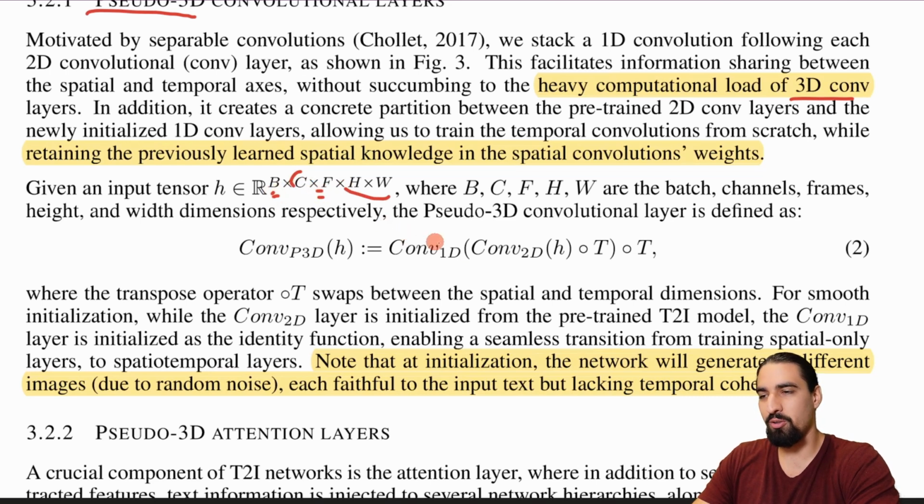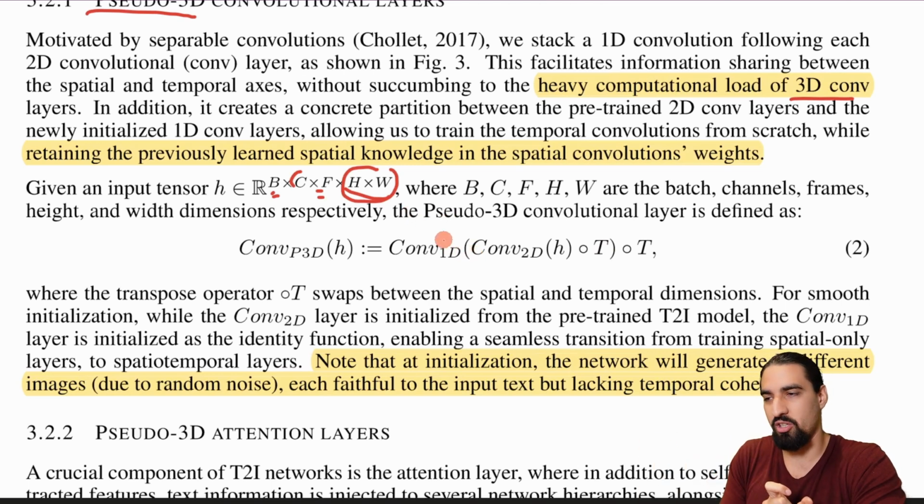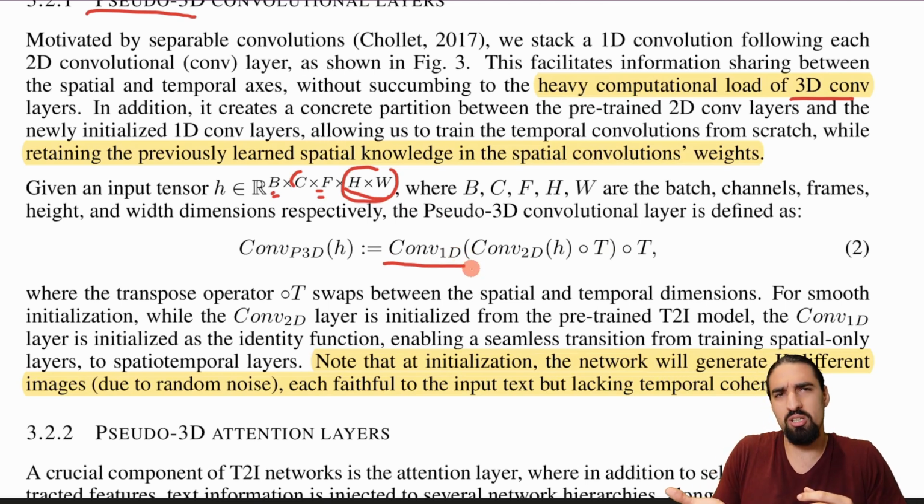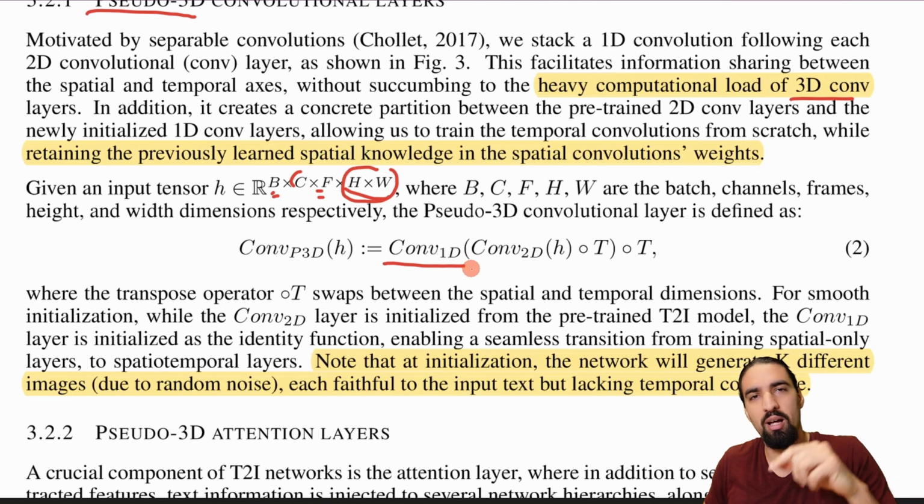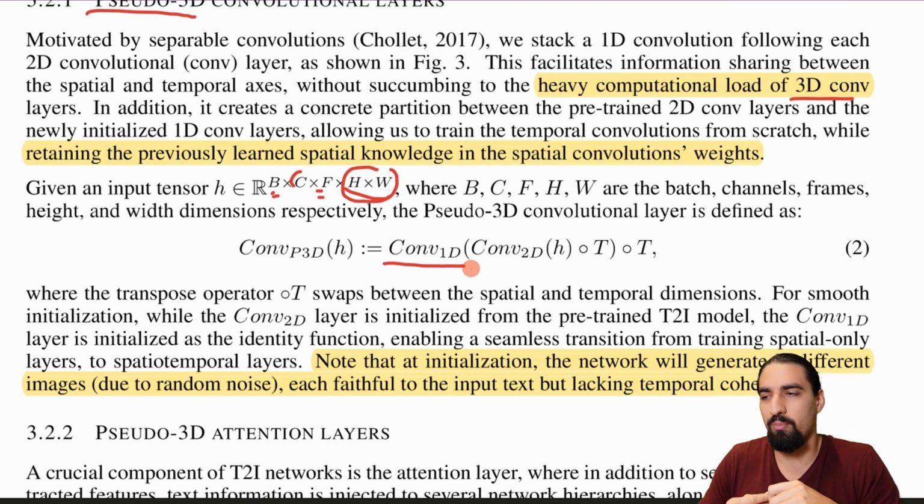dimension. And so what they do is they first apply 2D, so it's going to be apply a spatial processing of the frames, and after that they do transpose operation, which is going to lead to them processing the temporal dimension now. So that's when they apply the conv1D, and I think it should be 2D here as well, but they're just doing like 1 times 1 2D convolution basically. So yeah, and then finally they also apply the transpose operation so that they get back into